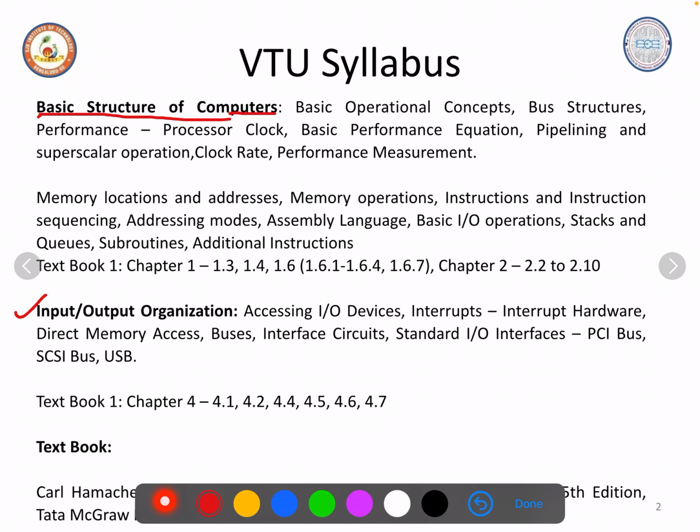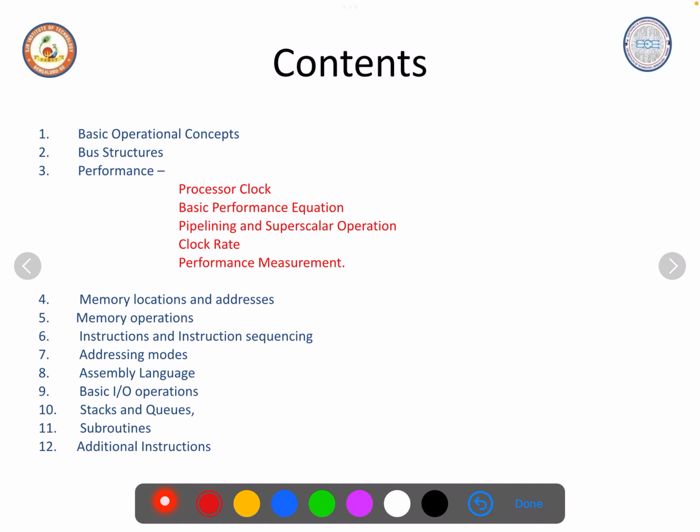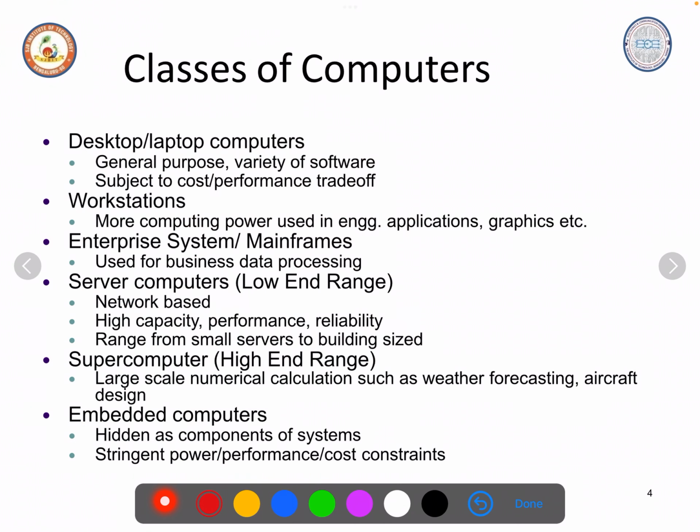For that, we'll be following this textbook, which is by Carl Hamacher, which is available in the library. You can go through it. So coming to the first module, these are the contents of part A. As I have told you, we'll be dealing with operational concepts and bus structures, performance, addressing modes, assembly language, all these things. So first, before I start with the classes of computer and the functional units,